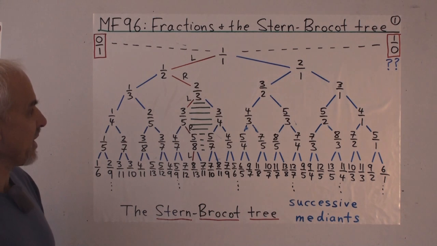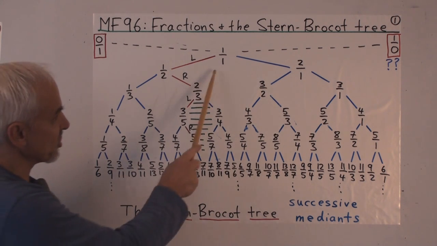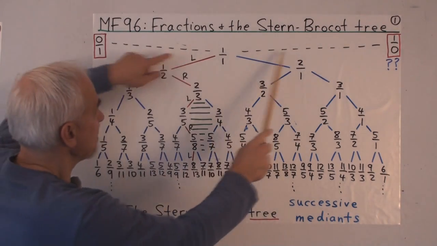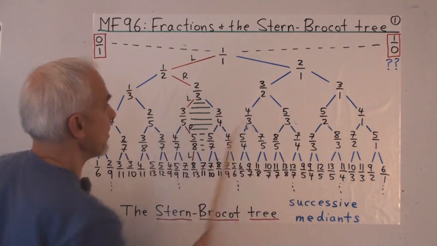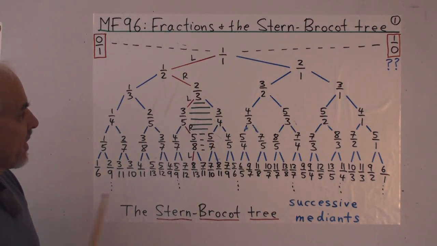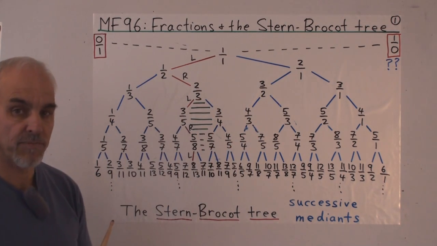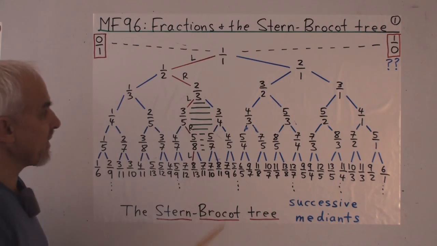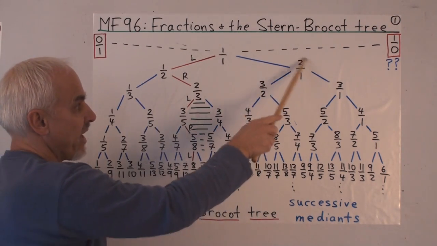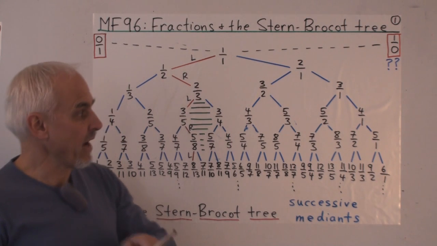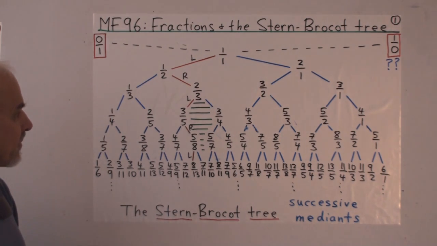Okay, so what we see here is first of all a sort of a starting point 1, 1. Well, it's not quite a starting point. It seems to be coming from these two elements here, and then branching out either to the left or to the right at each point. So it's a binary tree, meaning that as we go down, every element has two below it, one going out to the left and one going out to the right.